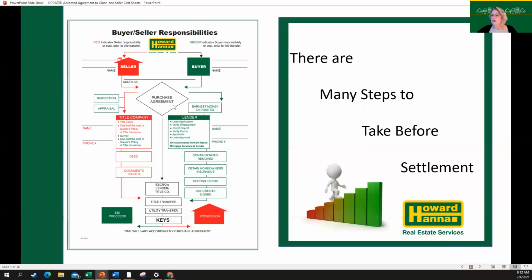What now? I love this sheet. It's right on your Howard Hanna dashboard. If you have your dashboard, there's a little search bar up in the top right corner with a magnifying glass. If you type in buyer seller responsibilities, it pops right up. This is one of my favorites. There are a bazillion out there in the world. This is one that Howard Hanna created. It's got the buyer side and the seller side, and it's a really nice thing to have a visual of